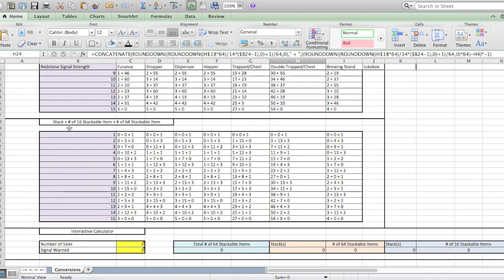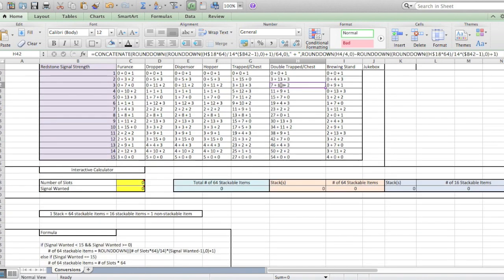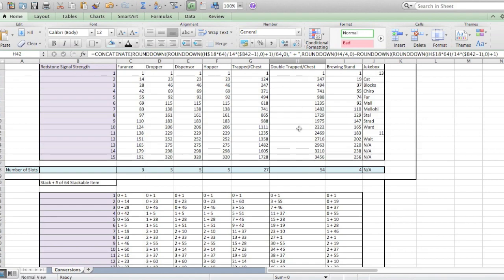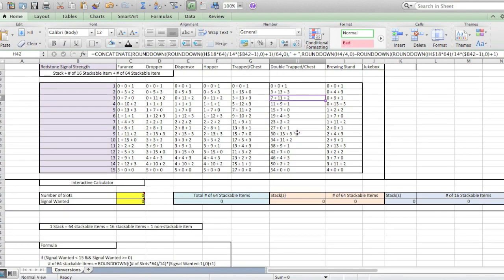We have a stack plus a number of 16 stackable items and the number of 64. So for the trap chest that we just did, we wanted that signal of 3. We could have done 7 stacks and then 11 of a 16 stackable item and then 2 of a 64 stackable item. So yeah, I don't personally like going through all these charts like this, so I have, on